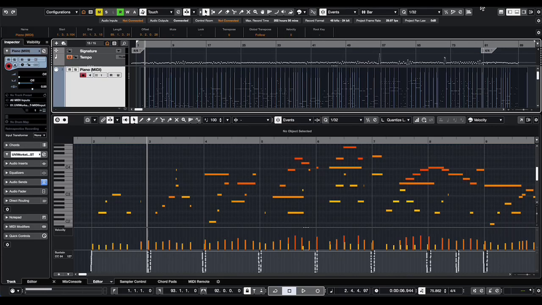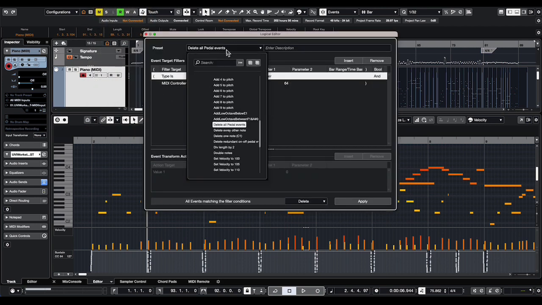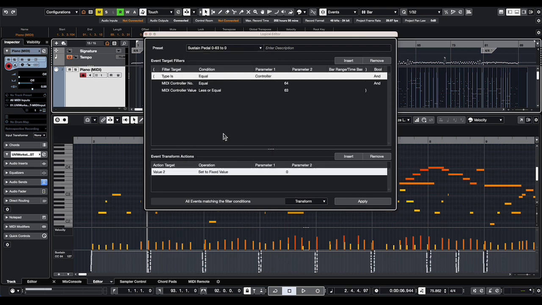Okay, so now I'm going to show you the details on how to do that. Well, first of all, as I said, we need to use a MIDI logical editor. So that's in the MIDI menu here, say setup. And then you will create, first of all, this command here, which will transform all the events here